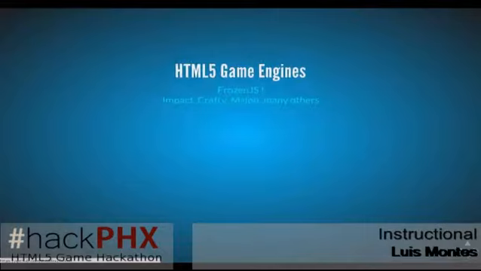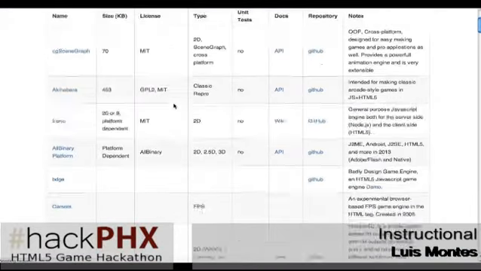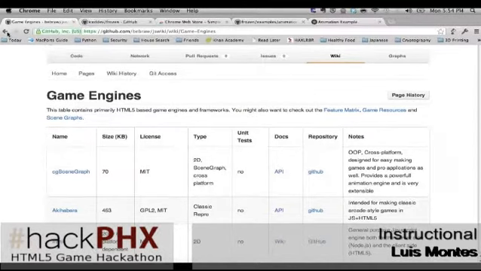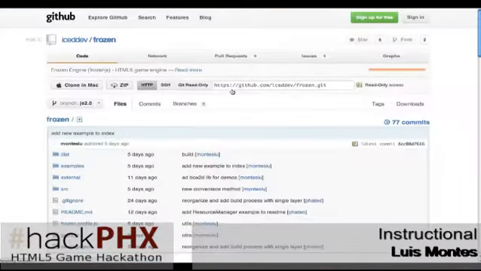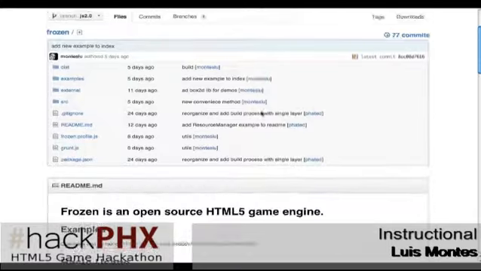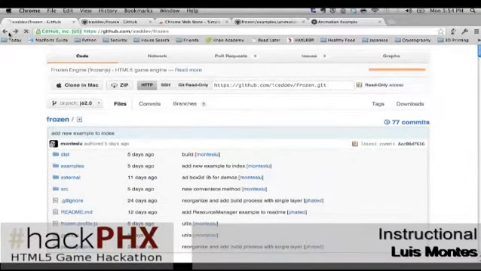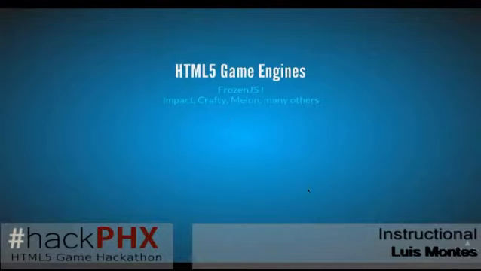So with HTML5, these new standards, there are a lot of HTML5 game engines popping up now. I've got a big list of them over here you can get to. I'm particularly fond of Frozen.js, and that's one that myself and Blaine have put together. But we're not dictating what technology to use, just HTML5. Like, don't go build a Flash game or you're not going to get a tablet. All right, so HTML5, that's the parameters of this.